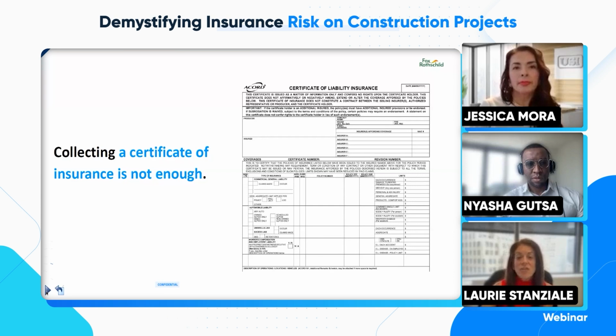And here again, there's a lot of information. We're not going to go over it in detail because we don't have time, but yes, it's going to tell you who's issuing the policies, that list of the insurers affording coverage. It's going to correspond to each of these different types of insurance. It's going to tell you the policy number. It's going to tell you the dates of expiration, obviously important stuff, and it's going to tell you the limits, right? And so a lot of people just stop there, and that's not the place for you to stop,